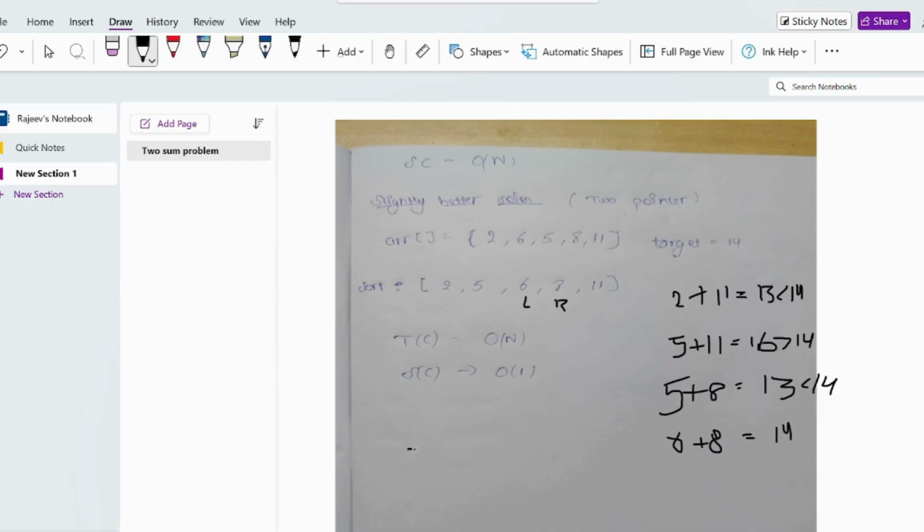So in this case we have to return the indices of 6 and 8, which are 2 and 4 in the original array, as the indices of the numbers whose sum is equal to the target. The time complexity is big O of n, and the space complexity is big